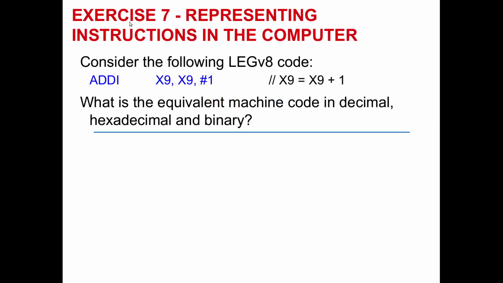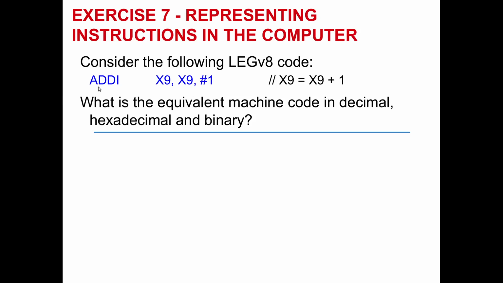For exercise 7, we need to know the machine code in decimal, hexadecimal, and binary for this LEGv8 code: ADDI X9, X9, 1, which means that X9 equals X9 plus 1.